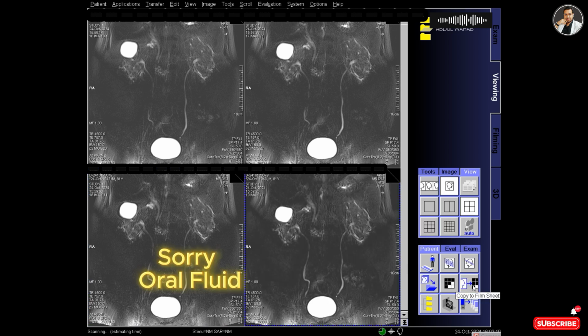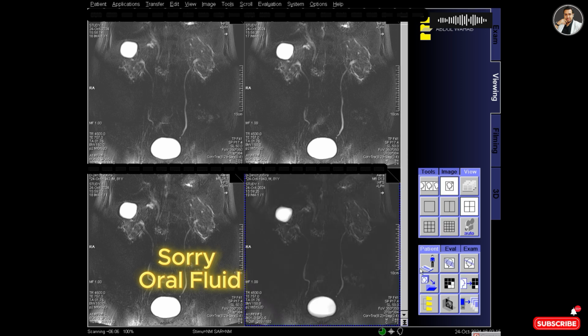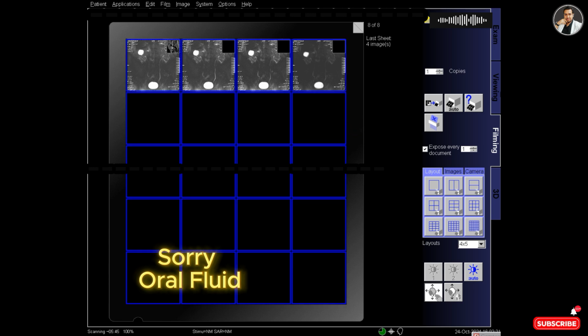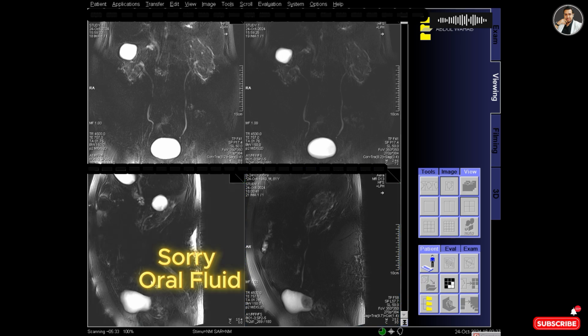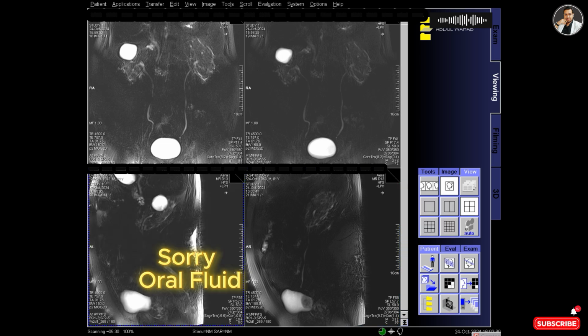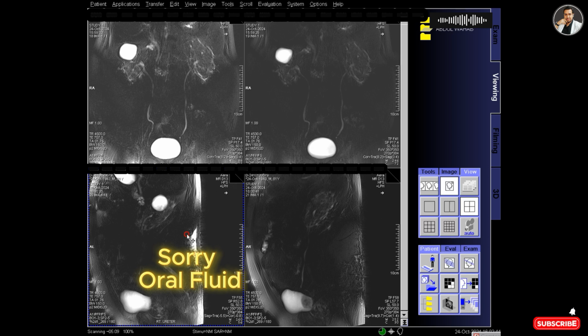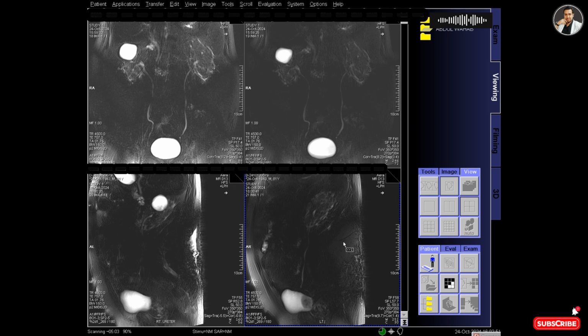So I am telling you again, don't use oral contrast in case of urography. If you use oral contrast, you can't see the ureter very well because in the background there will be fluid signal from the water of the intestine. So oral contrast is a very bad technique for urography. Always use IV injection or IV normal saline. Oral IV is not the proper word; I should say oral contrast.